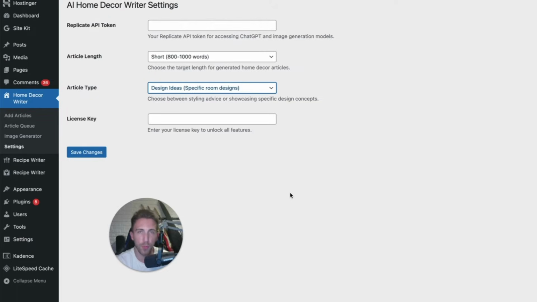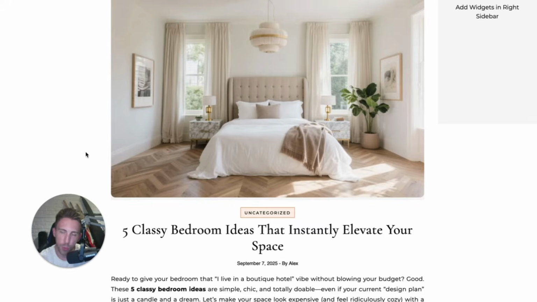But I was supposed to talk about the updates. So if you go to settings, now in the settings you can choose the article type. You can select between design ideas and styling tips, and it's gonna impact what kind of content you are going to generate. To show you the differences between these two article types, I generated 2 articles about 5 classy bedroom